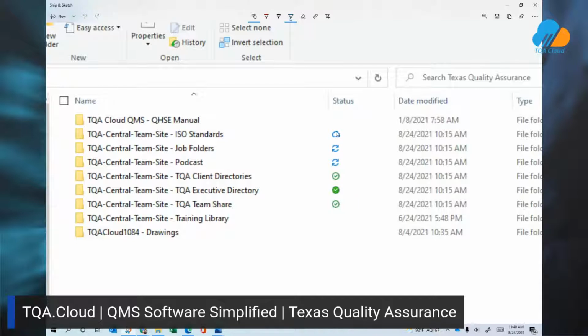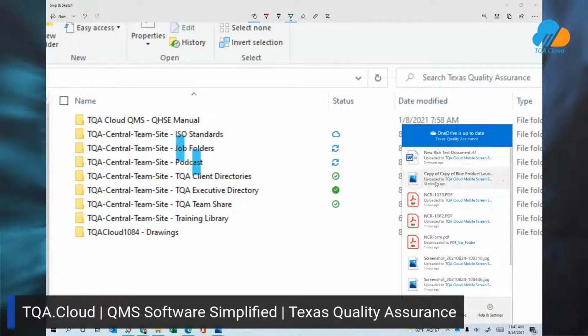So what that means is that this cloud icon means that everything within that directory is stored in the cloud and available for download if and when I need it. This little recycling, process symbol here is indicating that it's currently syncing some files, which totally makes sense because we've been doing work on our production folders during the day. We've been doing work on the podcast this morning, and so it's working to sync those with the cloud and my local device so that everyone across our wide expanded network has access to the same documents, the same data at the same time. If and when there are conflicts, no problem.